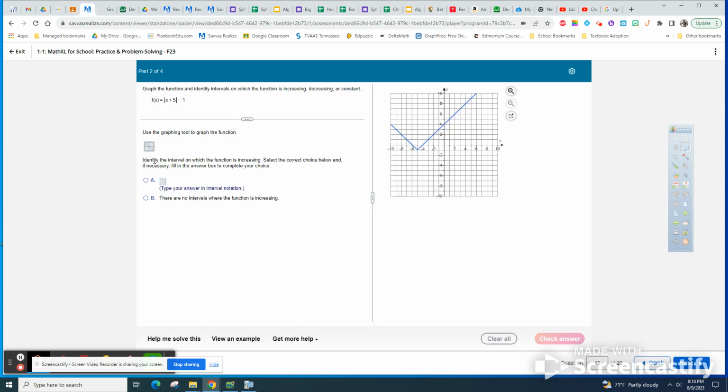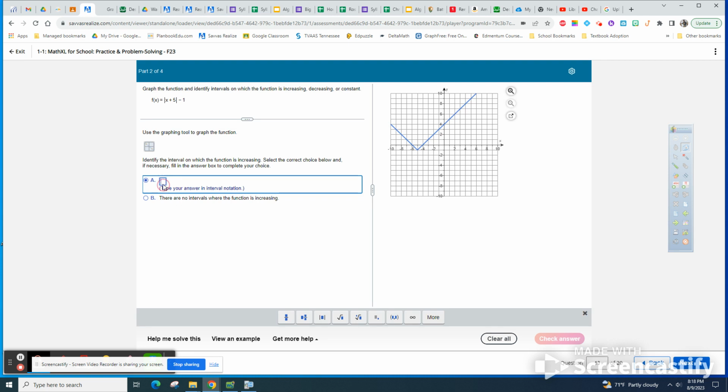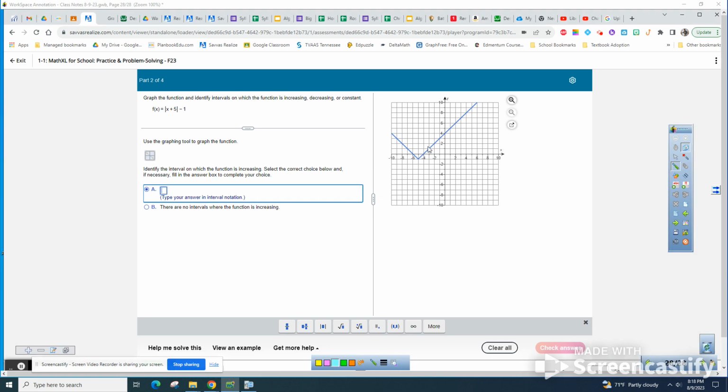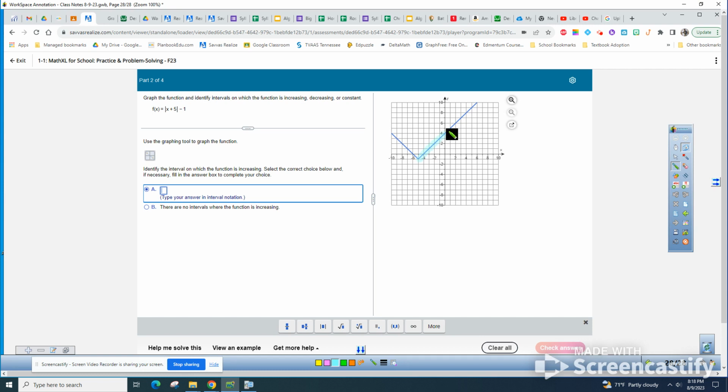Fantastic. All right. Then the function is increasing. Type your answer here. The intervals are not increasing ever. Nope, it's definitely increasing, right? And so we're going to type in here and say it is increasing from -5 to infinity, right? Because this is all the increasing part, right? That's the increasing part. And here's the